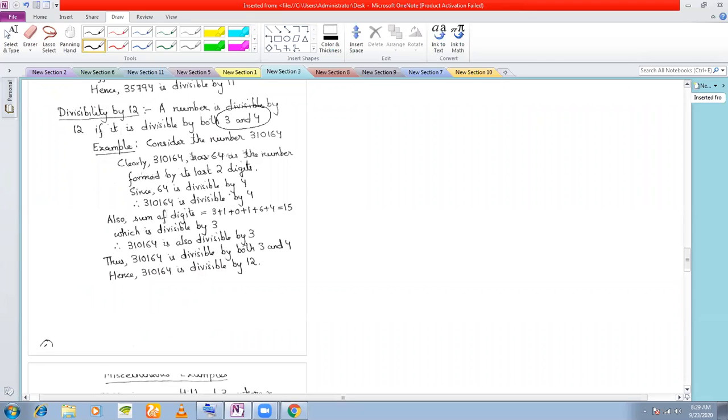Okay, remember. So if you can show that a number is divisible by 3 as well as 4, then you can say the number is divisible by 12. Let us see this with the help of an example. Let us say this is our given number